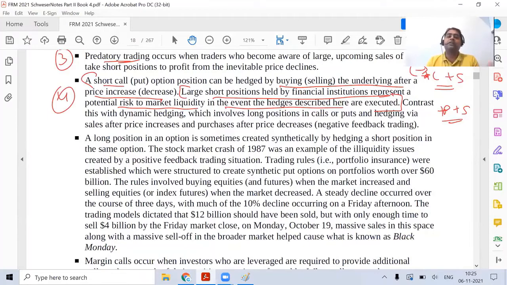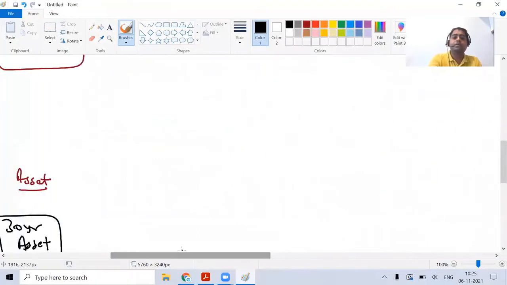So this is one kind of behavior where you have taken a short position in the option and you're protecting it with that. Now, this was one particular situation which leads to positive feedback. They're also talking about one more scenario, which is negative feedback. If you have taken a long call or put and you're shorting the asset or purchasing the asset primarily. If you've taken a long call, what is the scenario that you see?